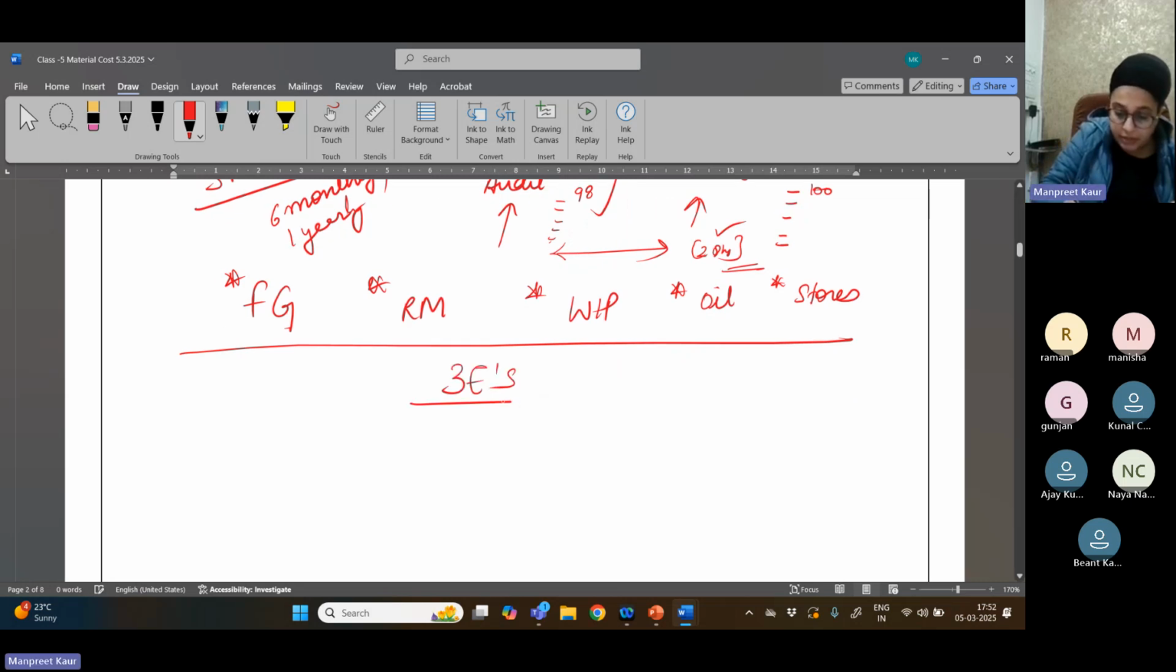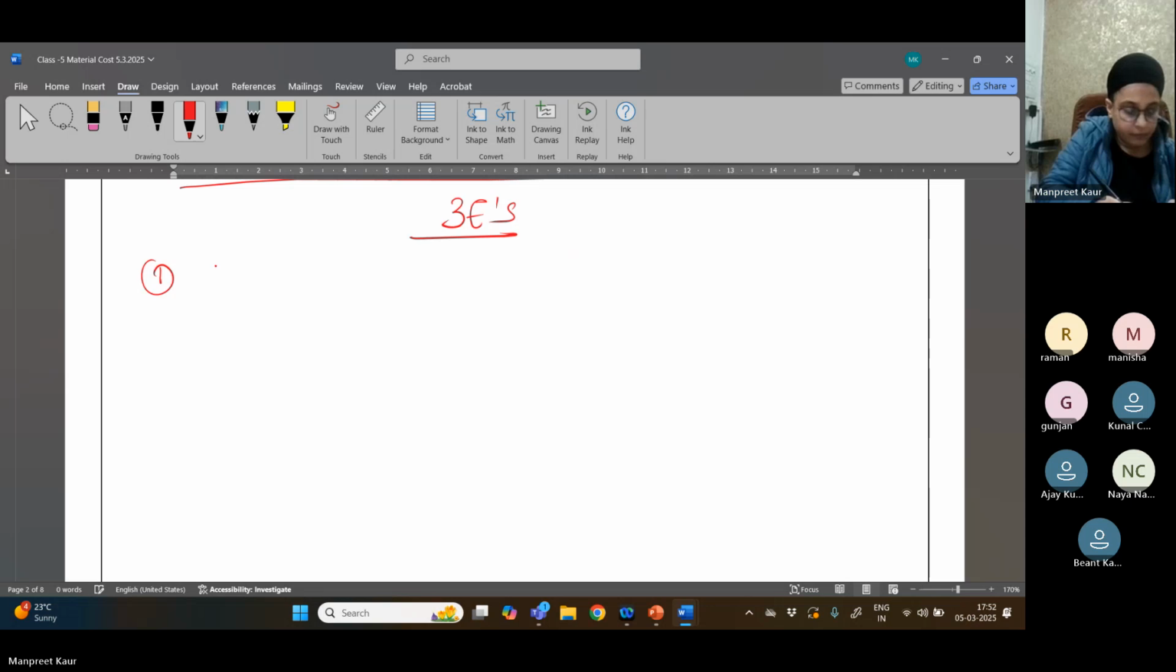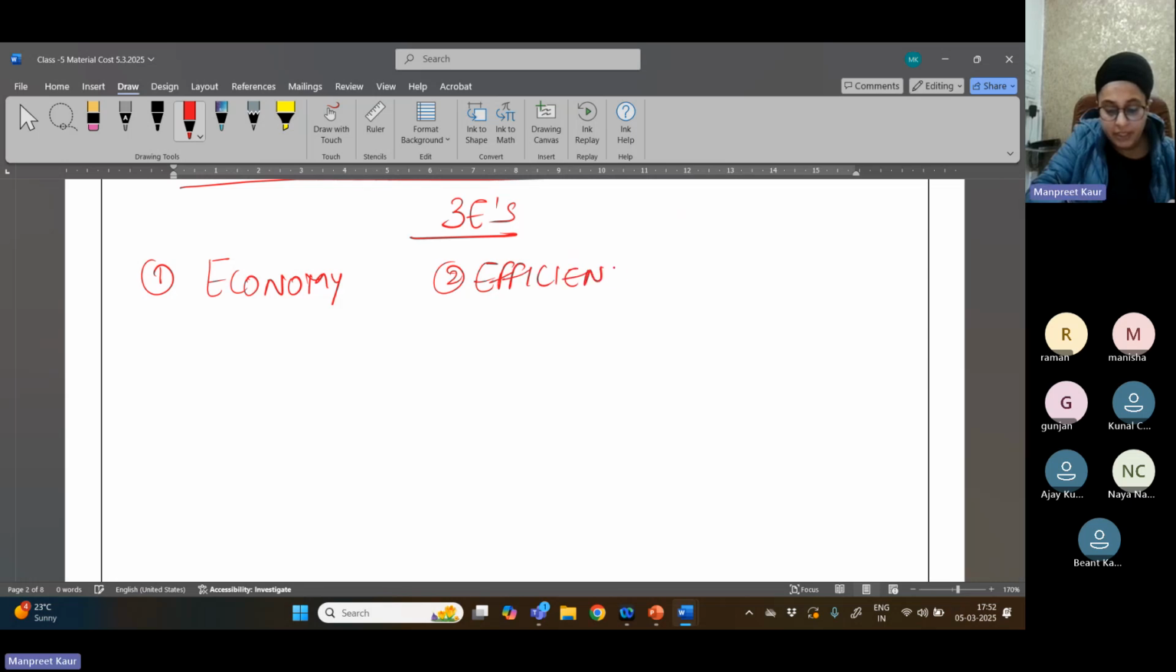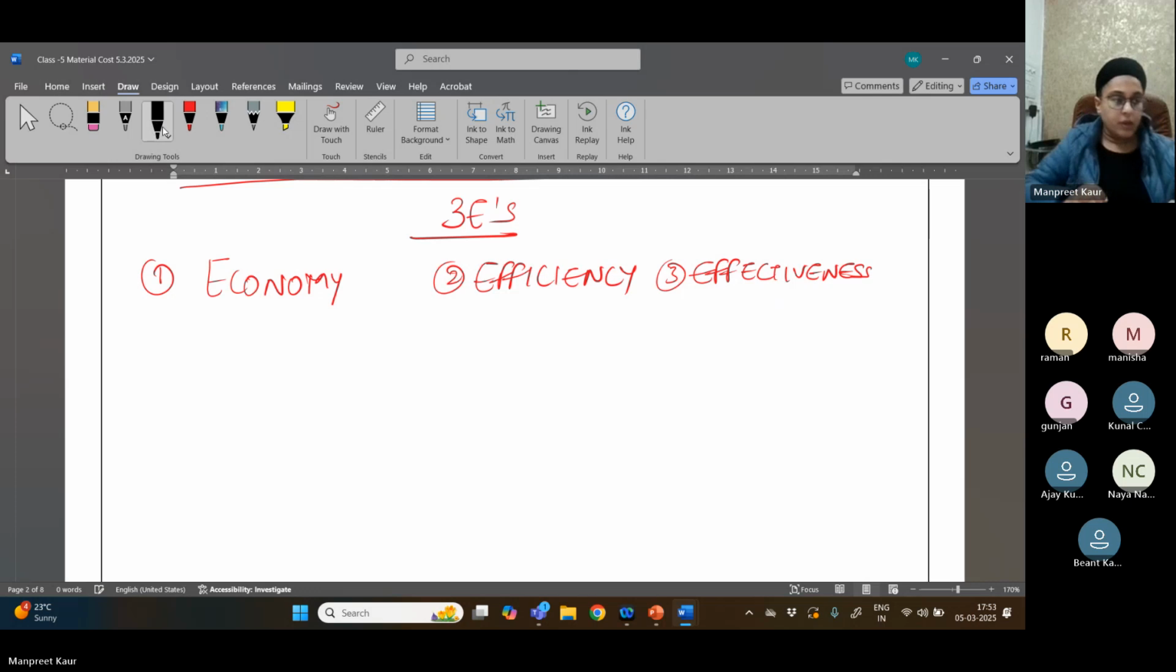Next असी पढ़िया सी 3 E's, that is anyone can tell, केड़े 3 E's पढ़े सी आपां? No idea? Economy, efficiency and effectiveness. Economy, procurement, it is